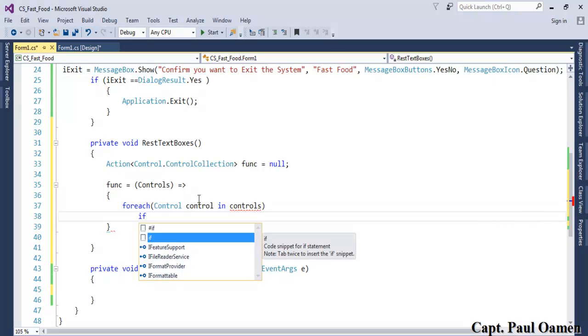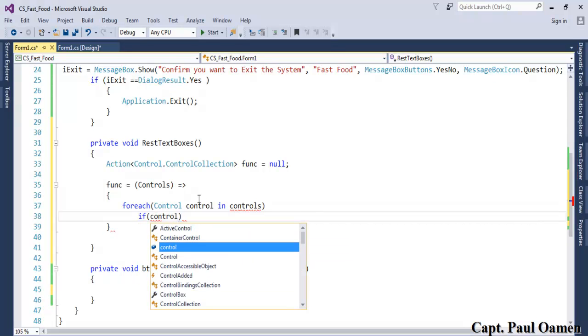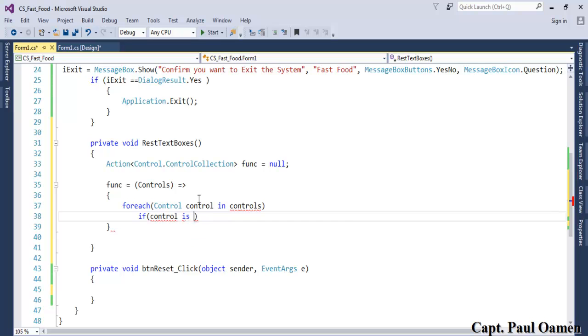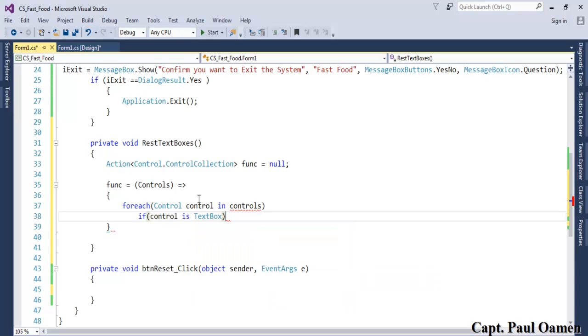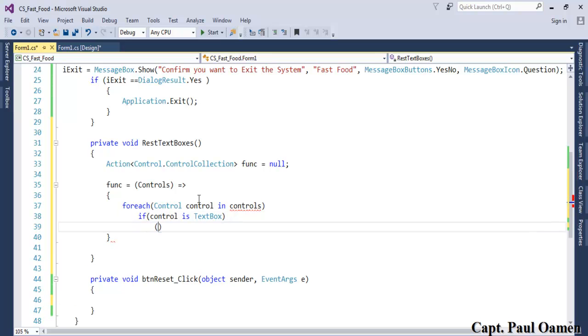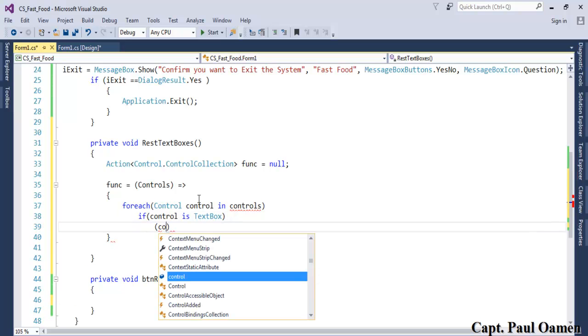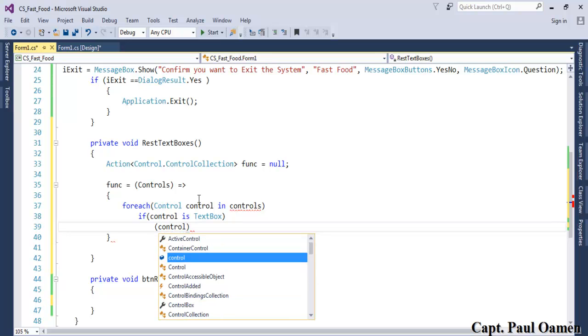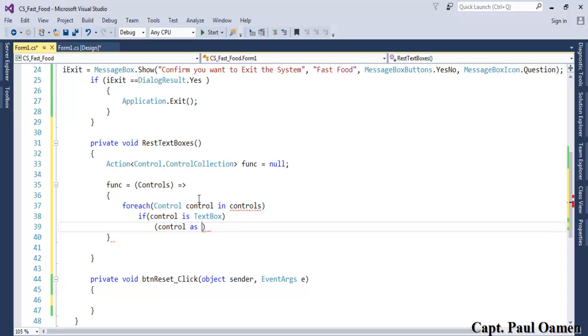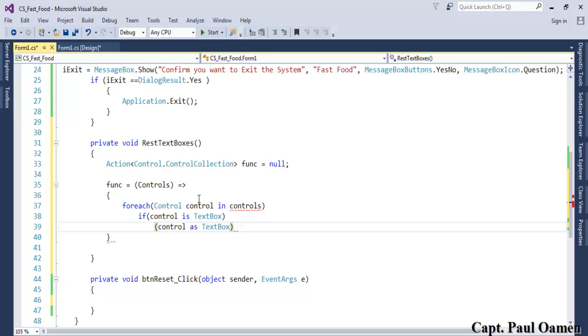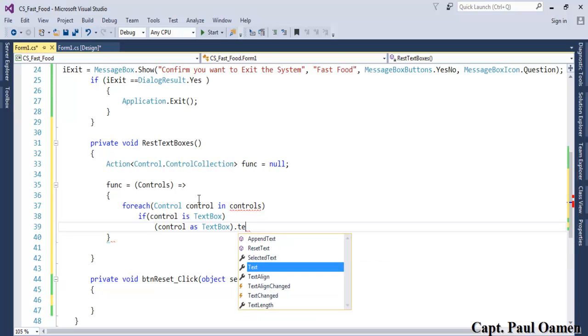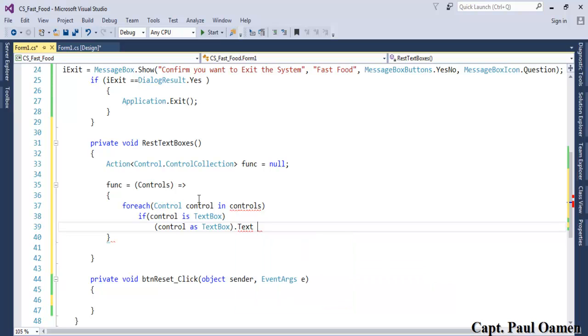If control is TextBox, right? If control is TextBox, what I want the control to do is, let's say control as TextBox, close that, dot Text equals 0 there,